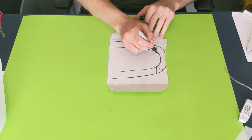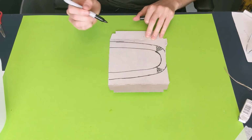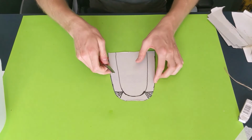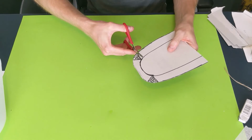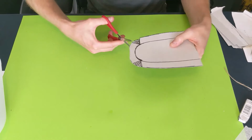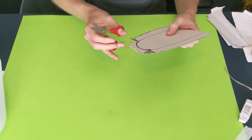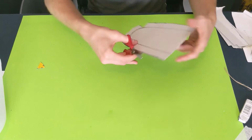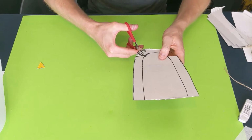And the same here, a bit like a triangle, because we're also going to cut out that bit there, and that bit there, because that's going to help us in a moment. And then we're going to go in and cut these two bits out. So we're going to cut just up to the middle like that. And the same there, and we're going to do the same here, and there,